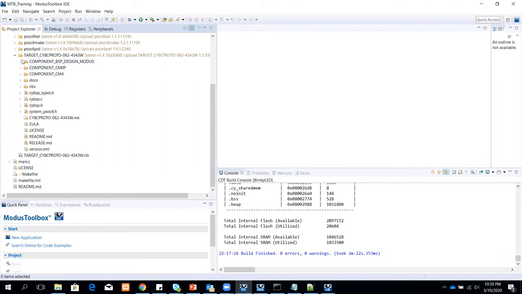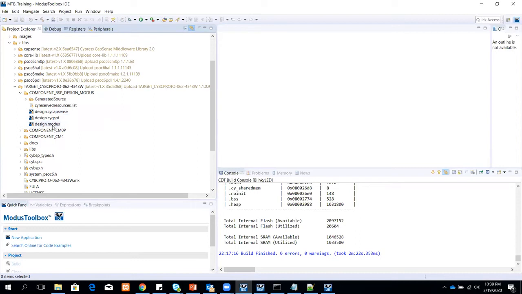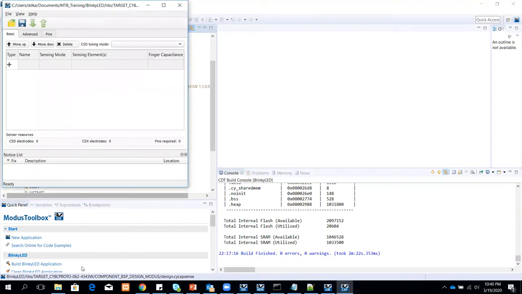So this is where all the files are located, so that you don't get lost here. I'm telling you where you can find each one of them. Suppose you invoke the CY captions, then it basically invokes the captions configurator. Apart from this, if you want more configurators, you can just go down here in the quick panel and choose just the configurator you need.